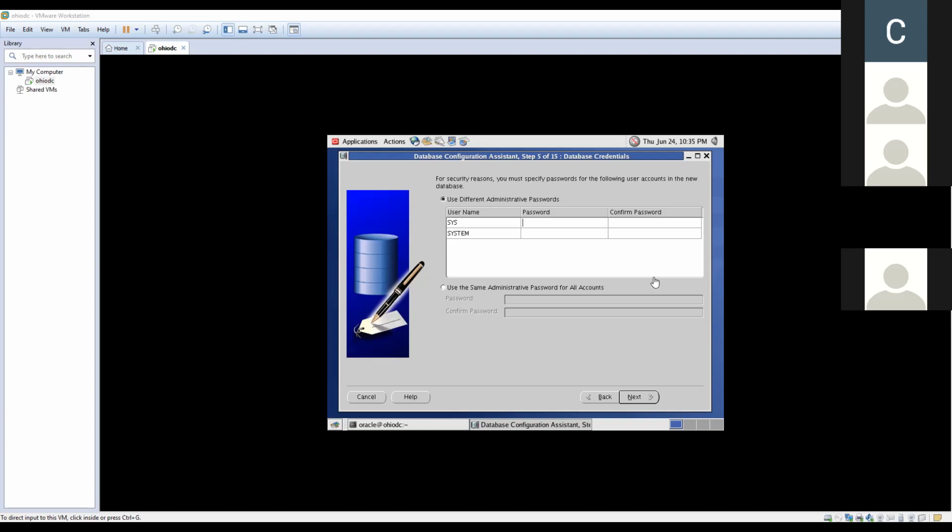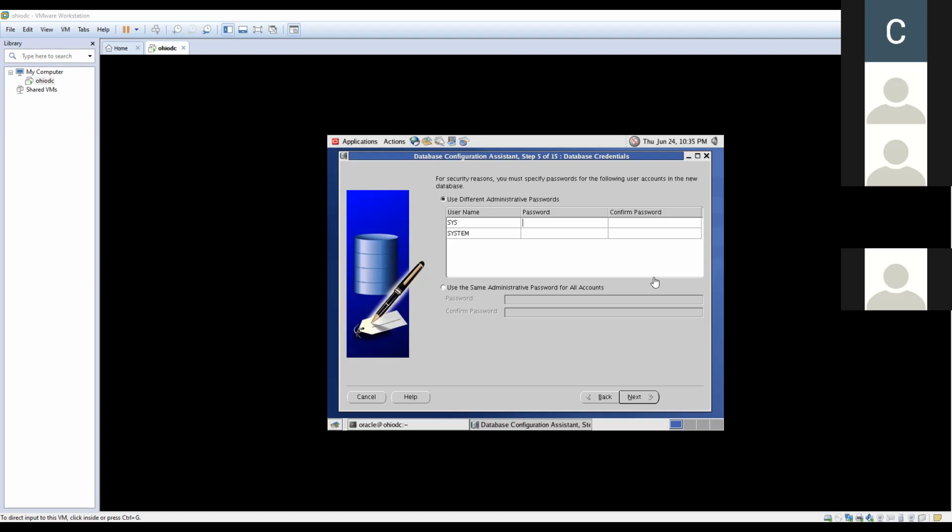There is something called password file management. What is this password file management? Just like for the ABC user, yesterday we gave a password, ABC123. For the XYZ user, we will give XYZ123 as a password. In the same way, sys and system are the super users. They are the bosses of the databases, the database administrators. For them also, there will be a password.